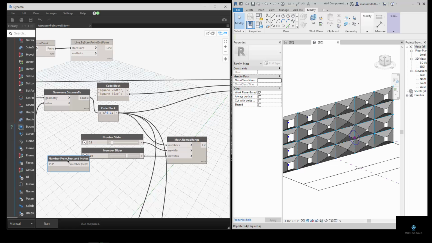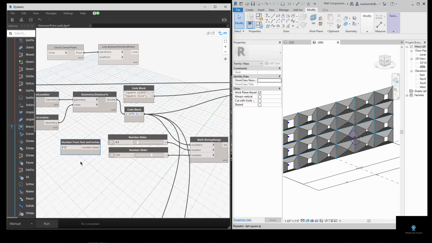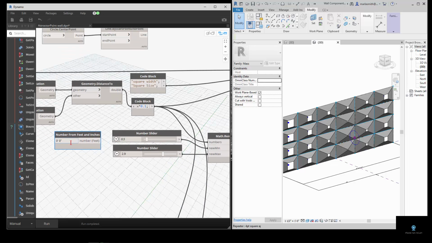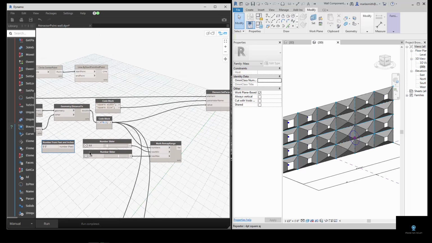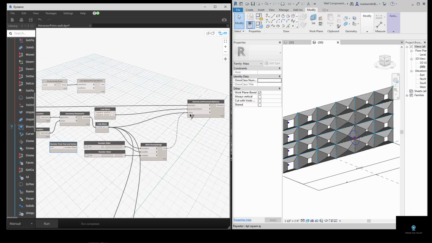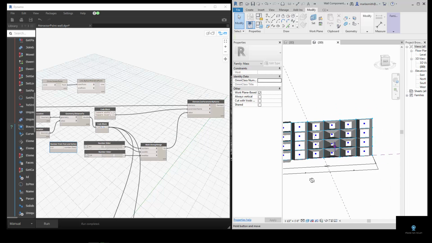So you could actually get a number from feet and inches too if you wanted to, if you can't do the math to get the 6 inches. But let's say you wanted 6 inches and 3 feet to be the new size. So this will take those, and if I run it, it'll take those numbers and space them out between 0.5 and 2.9. And if I push that into the value, you can run it, and you'll see it goes from 6 to